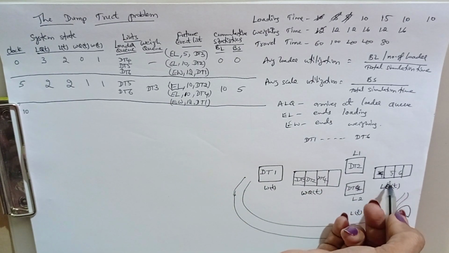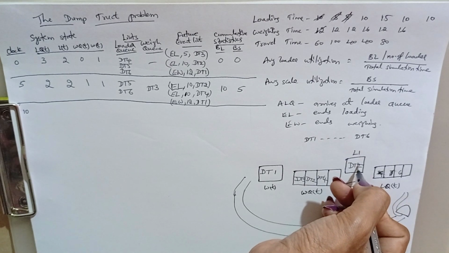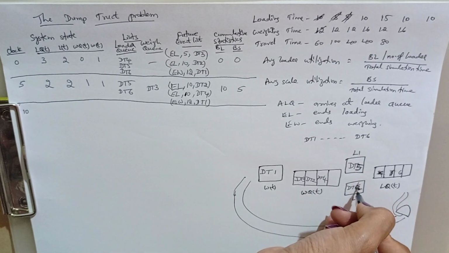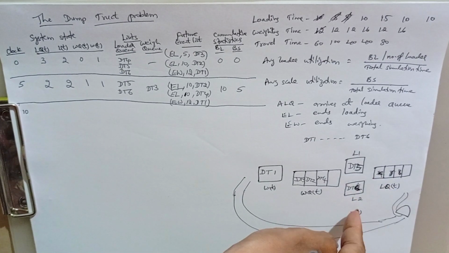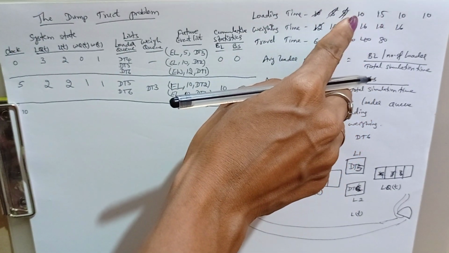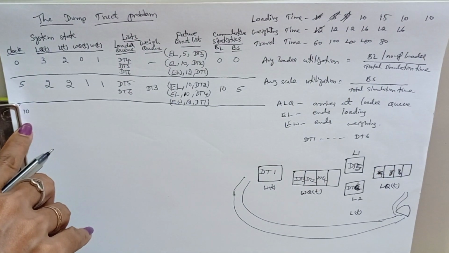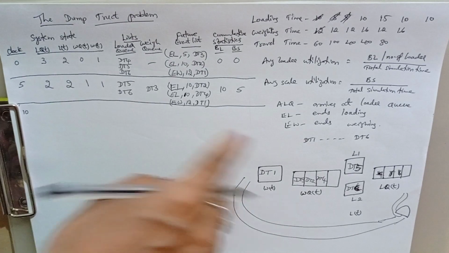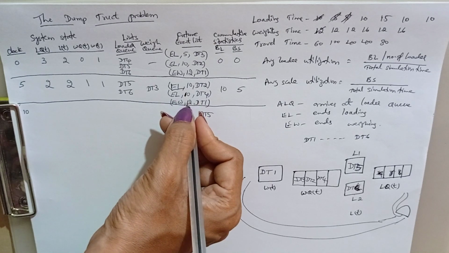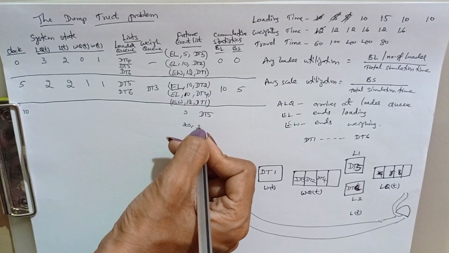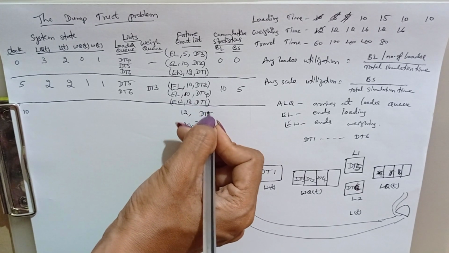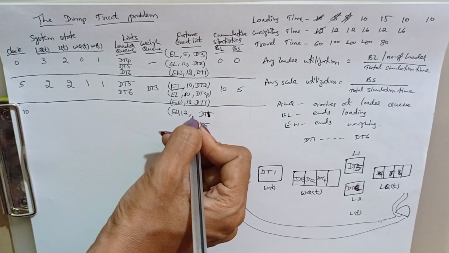Now, the next 2 trucks which were in queue enter into loading. First, number 5 enters into loader 1, number 6 enters into loader 2. Now, what are all the loading timings? Next, 10 and 15. Okay, 10 plus present time 10, so it becomes 20. First loading, truck 5 loading becomes 20, but 12 is the least time. We'll write 20 here below and 12 as it is, and truck 1, event ending weighing.